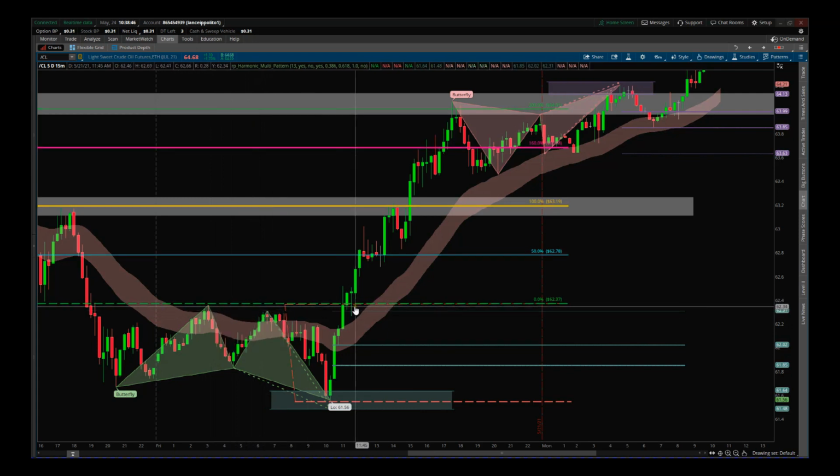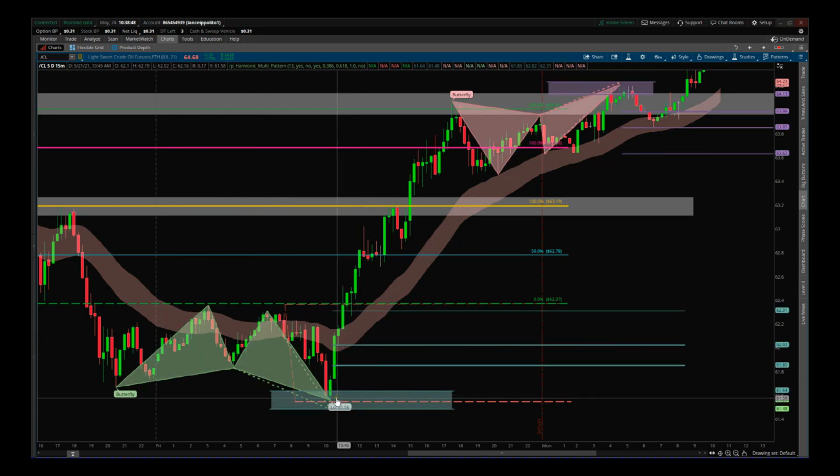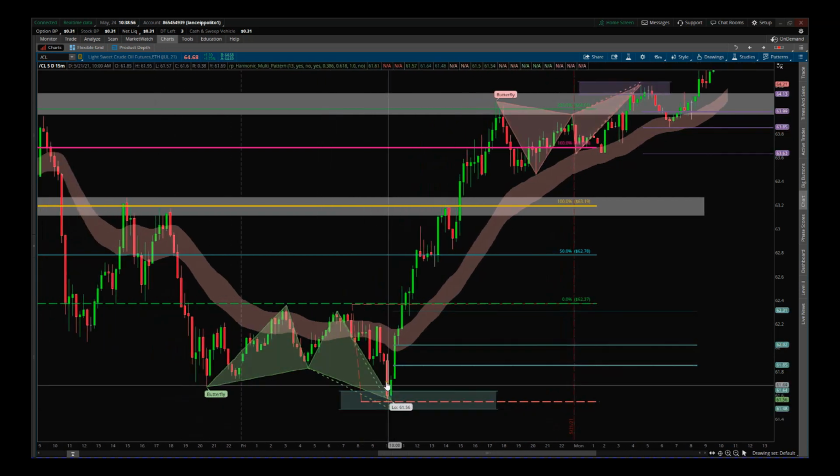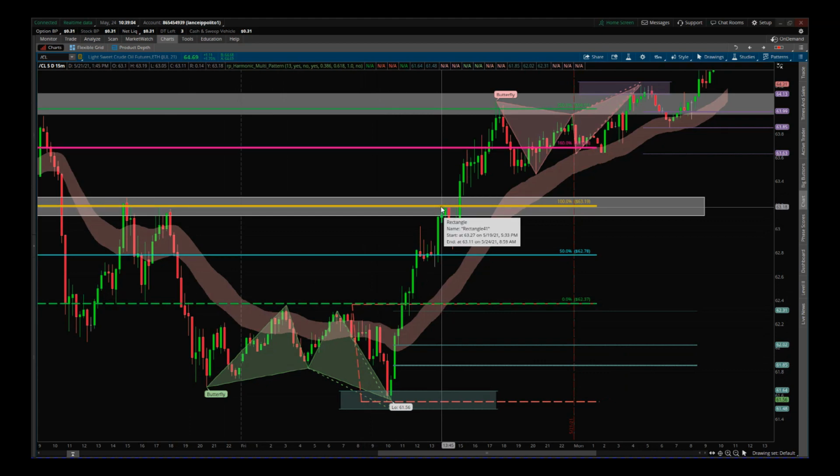So the entry would be 62.37. The stop is one tick below these lows. So that's an $820 risk. What about the reward here? So to this first resistance zone, we're risking $820 to potentially win $820, and that may be okay for some people,